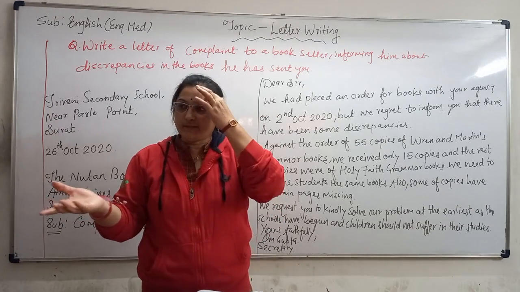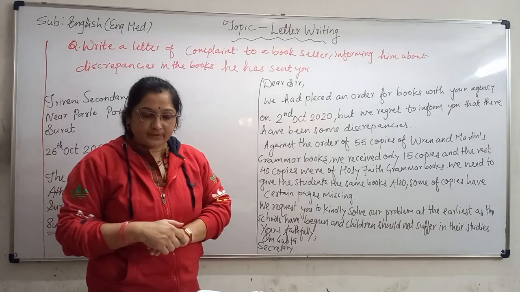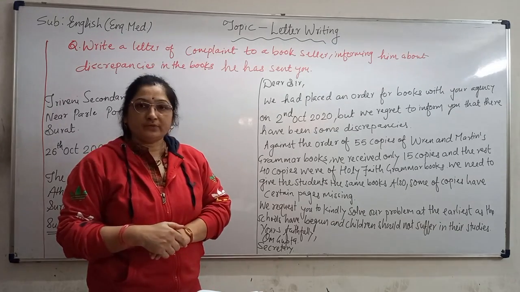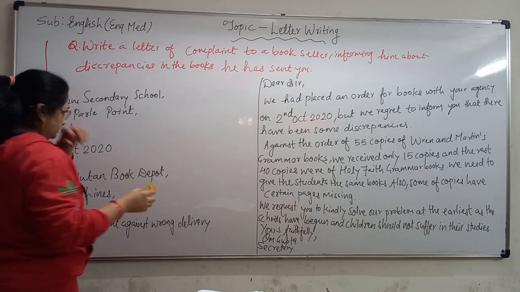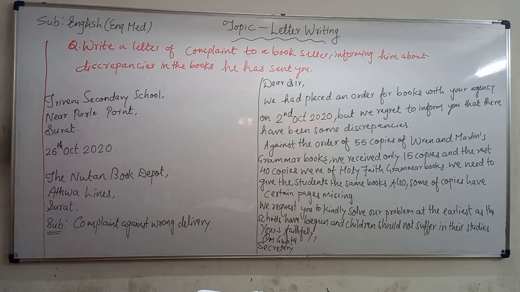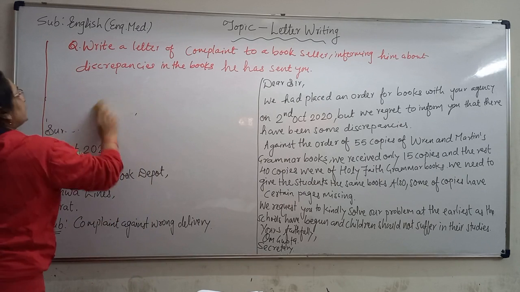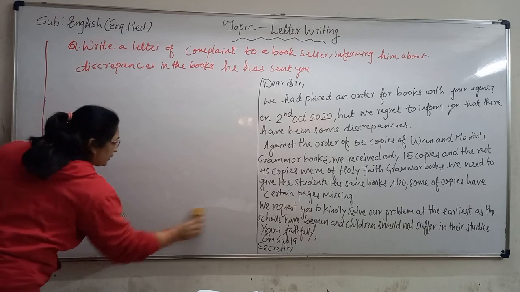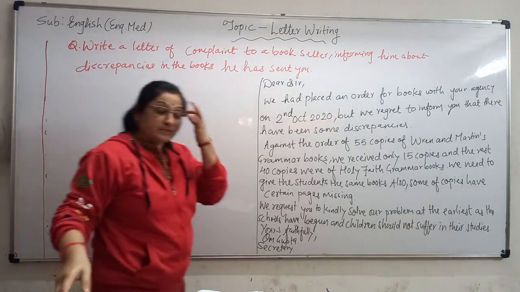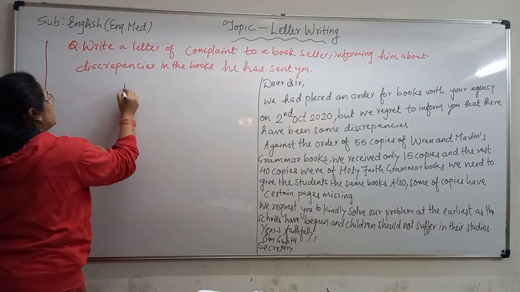Let's see how much time is remaining. You write this in your grammar notebook, and I am giving you one homework that you have to write. There is no space here, so take a screenshot of it first. Have you taken the screenshot? Are you able to see up to here? Now I am rubbing this out and giving you one homework, and you have to write this homework on your own, of formal. Why am I emphasizing the formal letter? Because informal letters you have written many up to standard 7. Now the next homework for you is that